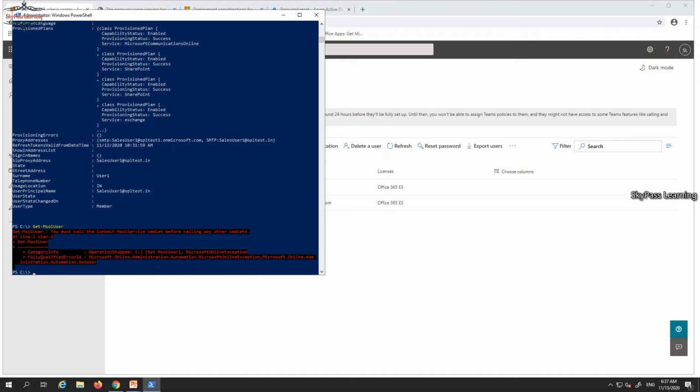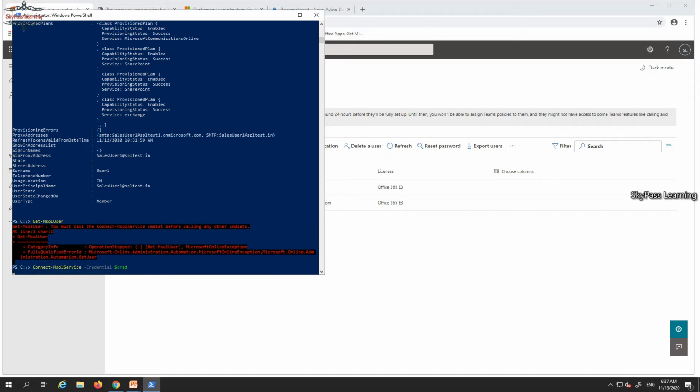So for that, you have to use the same command, which I have taken in the CRED variable. So I'm just going to connect it, Connect-MsolService, and with the credential information as my CRED credential. I connected it. Now it's connected with Microsoft MS Online service.